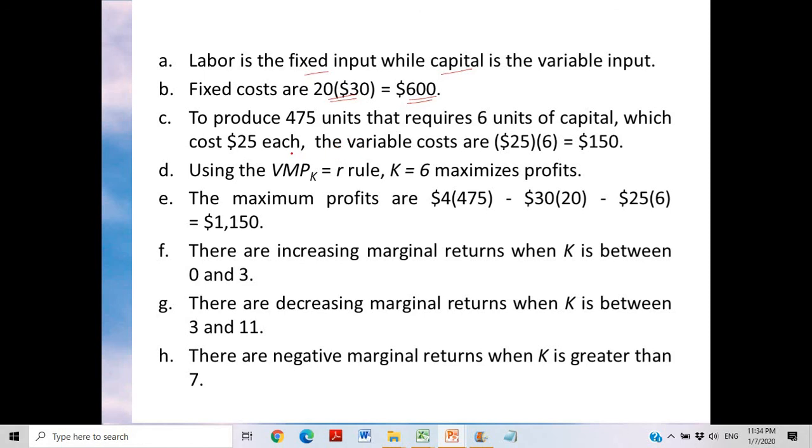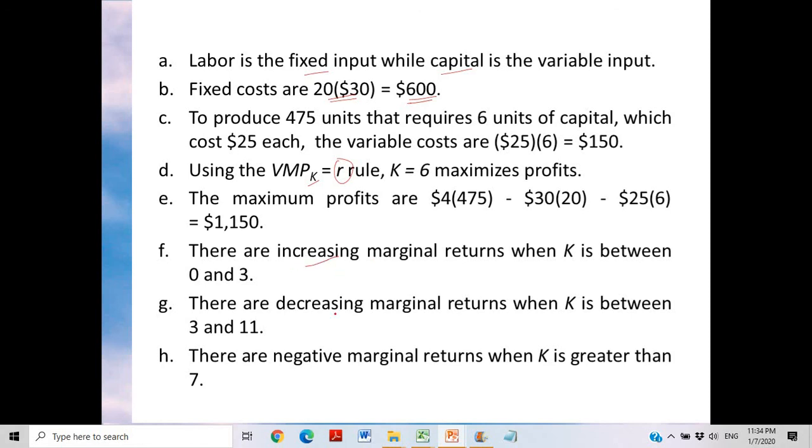You have to look back at the questions, but you can also check your answer later, how you can use VMP equal to R, where R stands for rental, because here the variable input is the capital. And we can calculate the profit, and you also have to determine the phases,